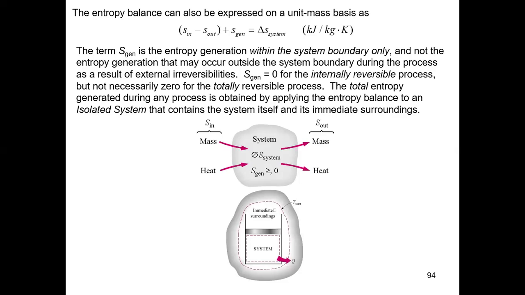The total entropy generated during any process is obtained by applying the entropy balance to an isolated system that contains the system itself and its immediate surroundings. And you got the picture: S in through mass and heat, S out through mass and heat, and the entropy of the system. Entropy generated is greater than or equal to 0. That means